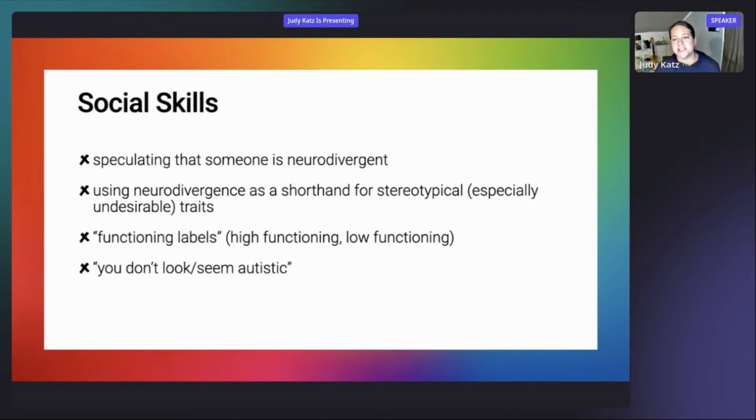And of course, the inverse of that first bullet is you don't look autistic or you don't seem autistic. This is again, autism and other